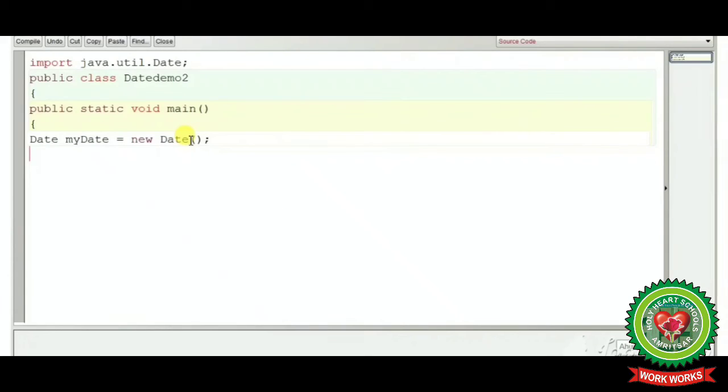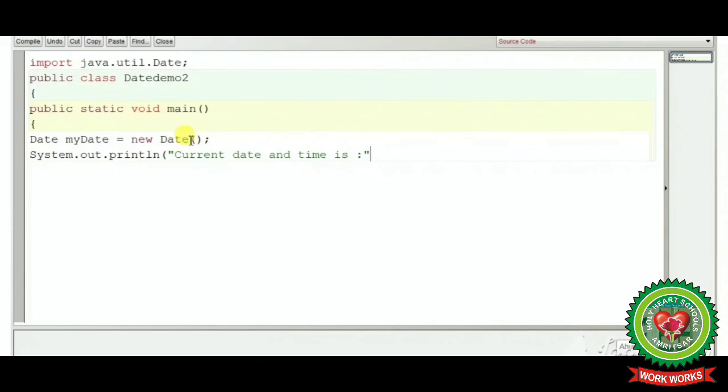As we have to print the date and time, we will write System.out.println, round bracket start, double quote start. Firstly we will write the message, that is current date and time is, double quotes close.